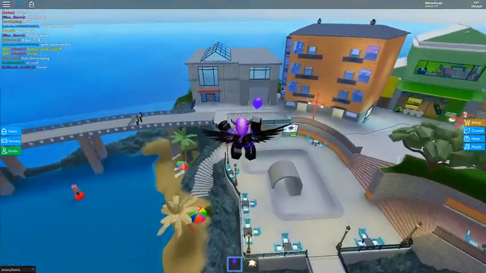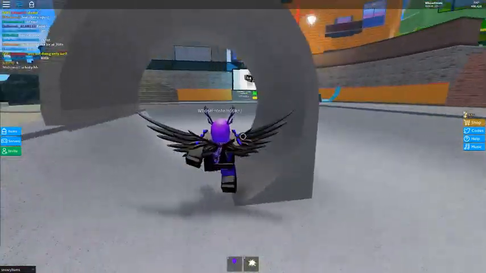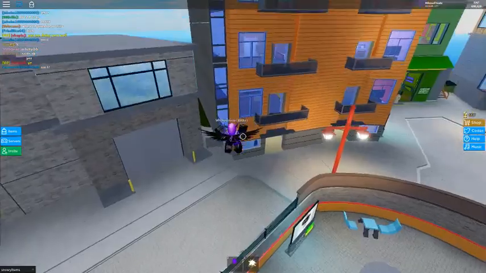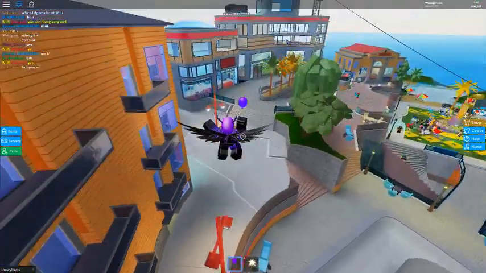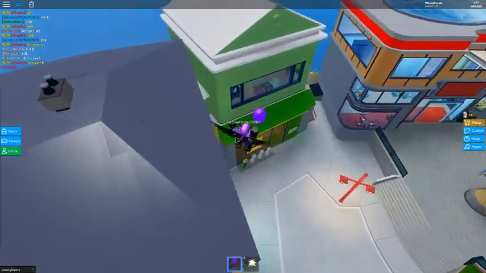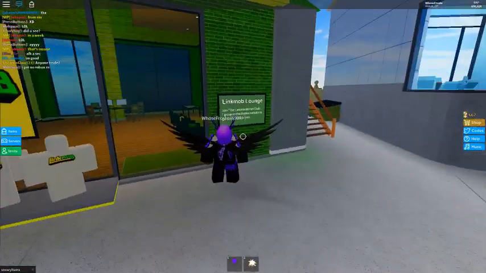There are loads of cool features, though, like the skate park. But honestly, no one uses this stuff. I'm going to be real. Literally, I haven't even been over here. You can buy these apartments, kind of useless again. Now, the stupidest thing about this, in my opinion, is the Link Mob